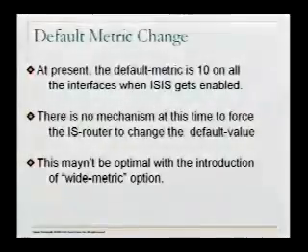So, the default metric change. The default that ISIS has on the links is 10. And if you are using the traffic engineering extensions like wide metric support, you can increase it to a greater value.